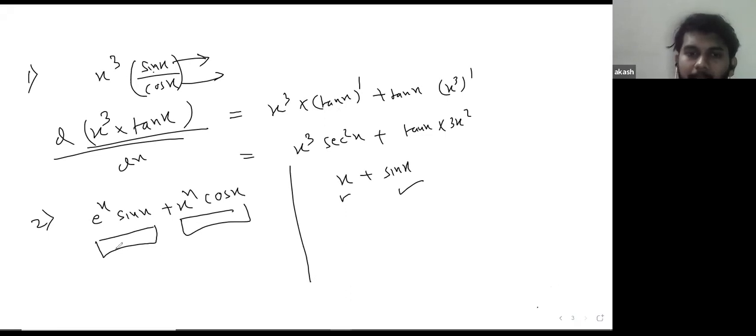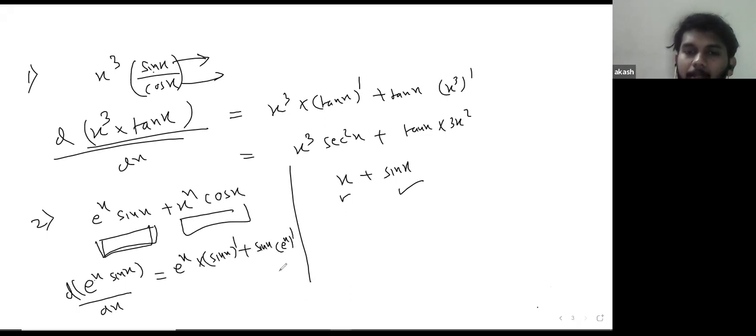See, what we can do here is first differentiate this function, e raised to the power x sin x. If you have to differentiate, what we get is e raised to the power x into differentiation of sin x plus sin x into differentiation of e raised to the power x. So that is e raised to the power x cos x plus sin x e raised to the power x, right? Now differentiating this one,